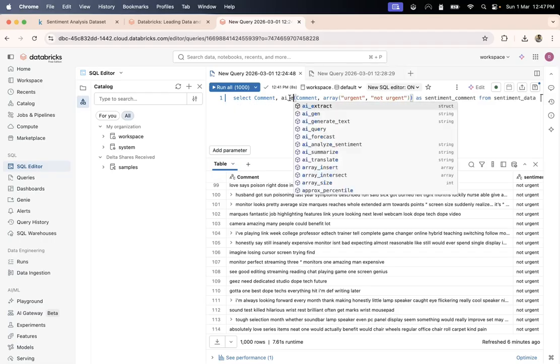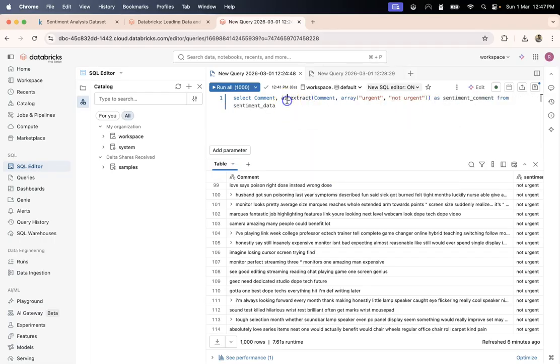So AI extract. I did not do anything, I just ran this AI extract. I provided the comment, and I've provided this array of two things. Let's see what happens. You don't have to run everything perfectly the first time.